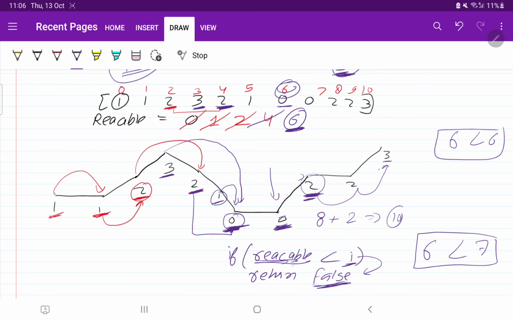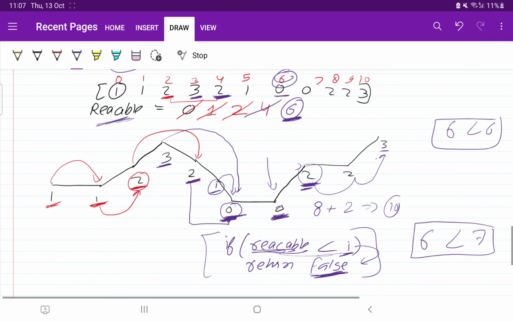So as soon as you reach this condition, you need to return false. So it means things are clear that we need to check the maximum value of the reachable, and this is the terminating condition: if reachable is less than I, then we need to return false.